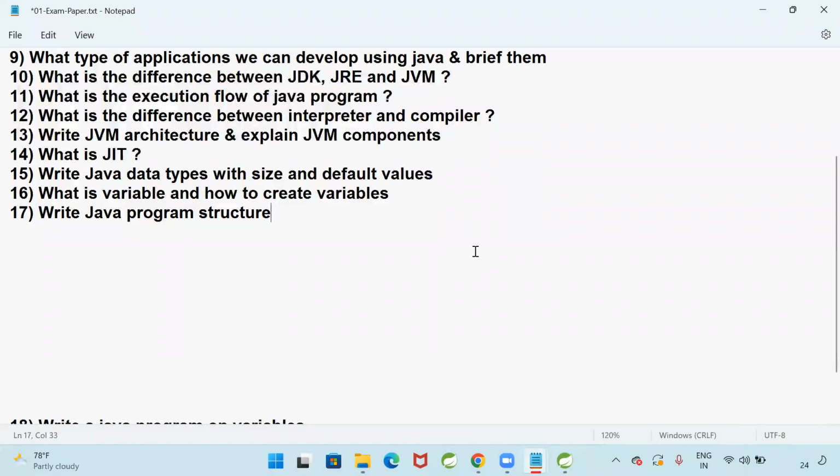Java program structure. Write Java program structure and what is the purpose of them as well.